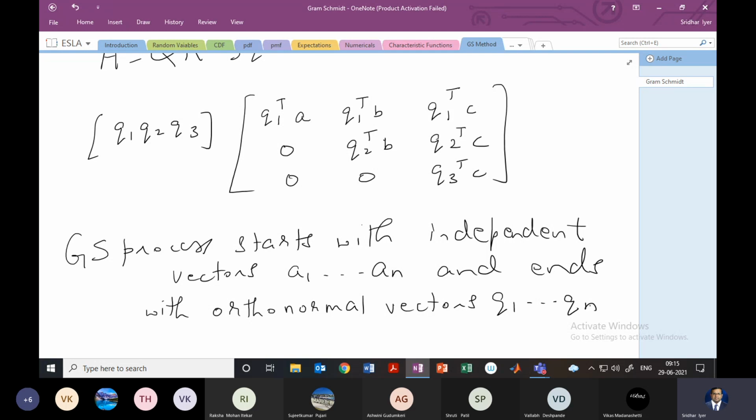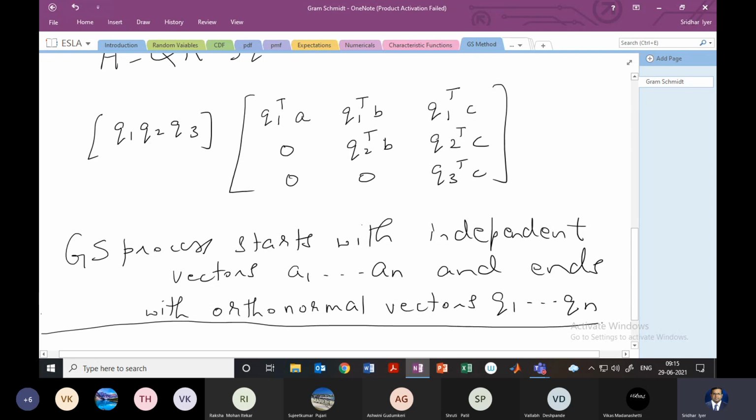So the best way to understand this would be to solve the numerical, and that is exactly what we are going to get in the exam also. This will be just one big question usually, for close to 10 to 12 marks depending on the kind of matrix given to us. And like I mentioned, usually we will not have more than three vectors. So that we will see now.